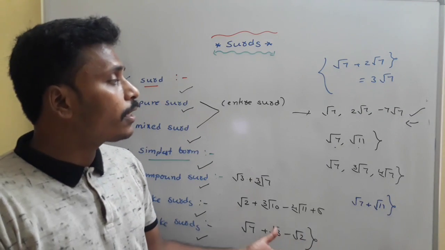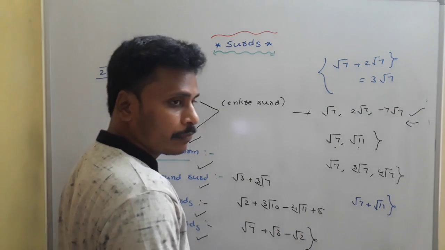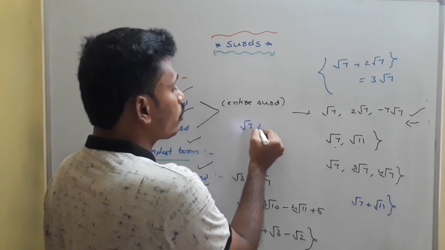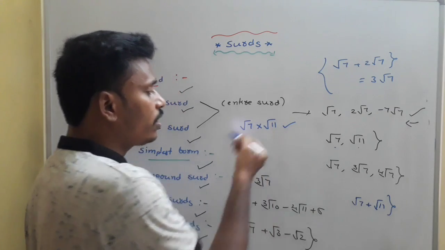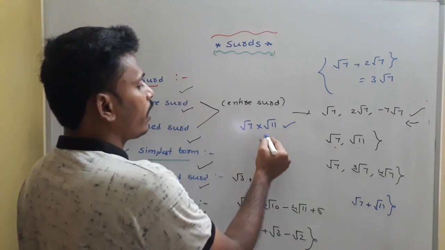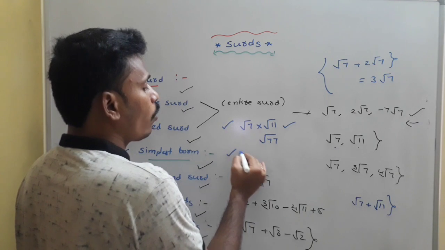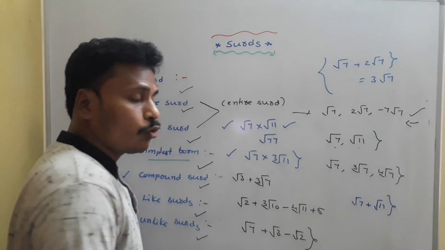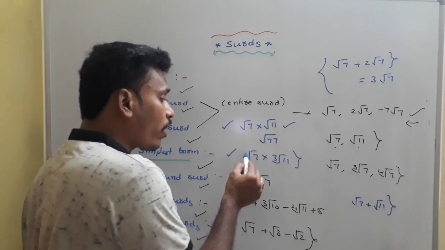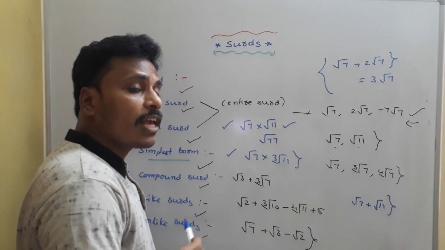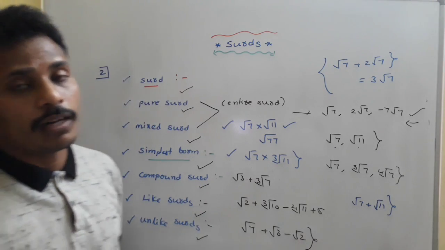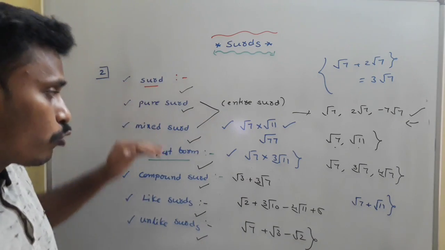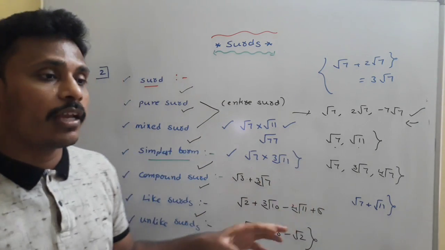Whereas multiplication is possible for surds of the same order. For suppose if I have root 7 into root 11, as we discussed different laws of nth roots, this can be expressed as root 77. But root 7 into cube root 11, we don't have a chance to multiply these two because the orders are different. You just try to make these two same-order surds, then go with the way of multiplication as you learnt in nth roots. So this is something about surds, types of surds, and then addition, subtraction, multiplication and division of surds.